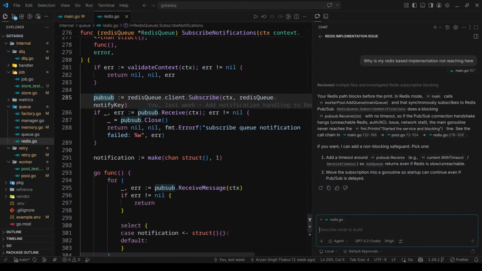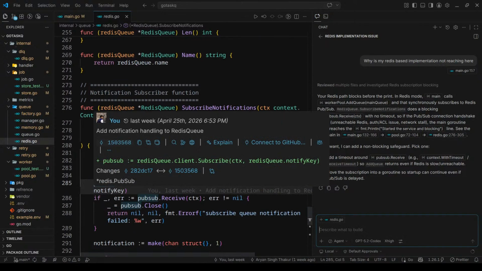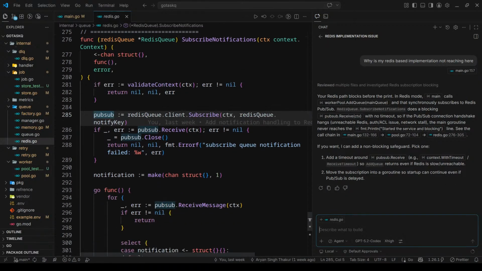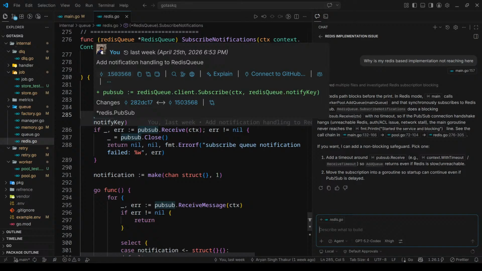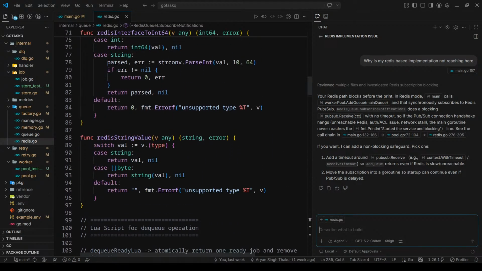This is the blocking part, so we have to do something about it. Subscribe notification: what it does is when it context subscribes. So it needs Redis queue dot notify context. Your Redis queue dot notify key is